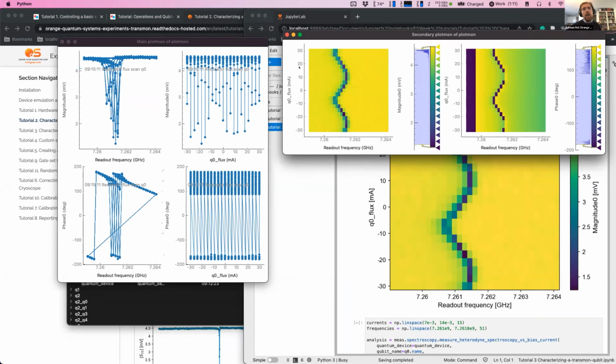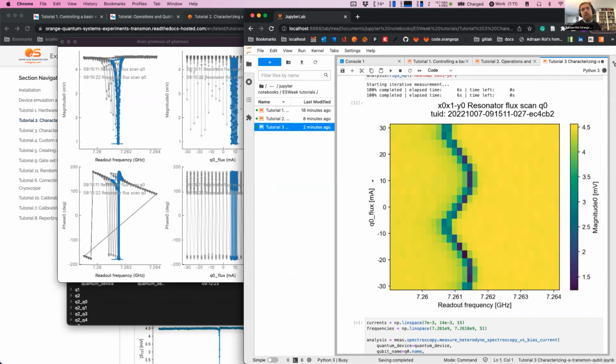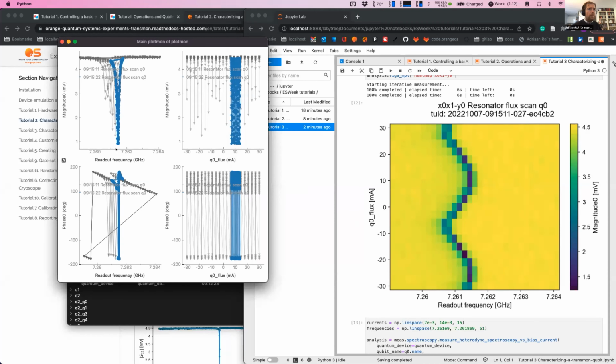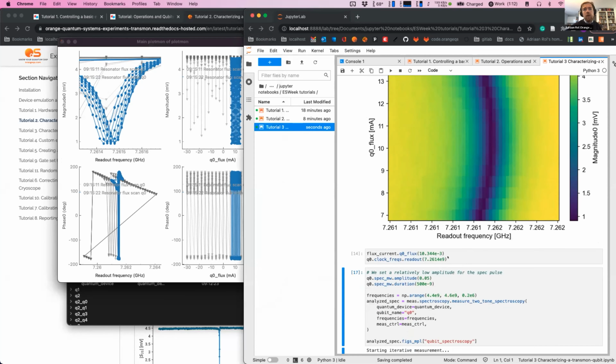This is also very cool. This is what happens if we change the flux bias line. You can see here a result. We change the flux bias line and then look at how the resonator shifts, because this is important: we want to make sure that the transmon qubit is moved to the sweet spot before we start measuring. And again, here you can also see the power of the persistence mode, because we can see that these data points overlap and these curves make sense. Also, we first did a coarse scan, and then a finer scan. Based on that, we update the parameters, we set the flux and the qubit frequency.